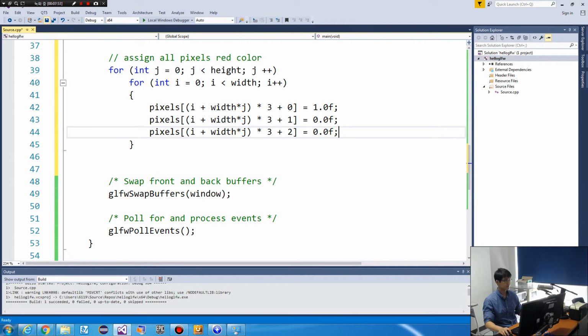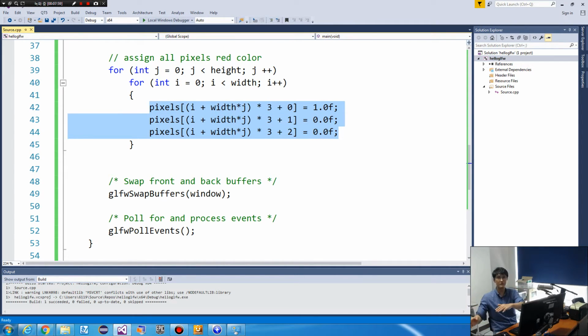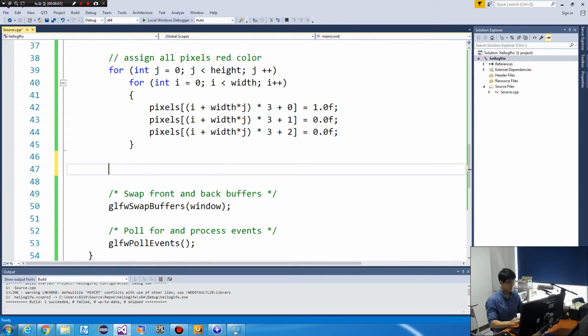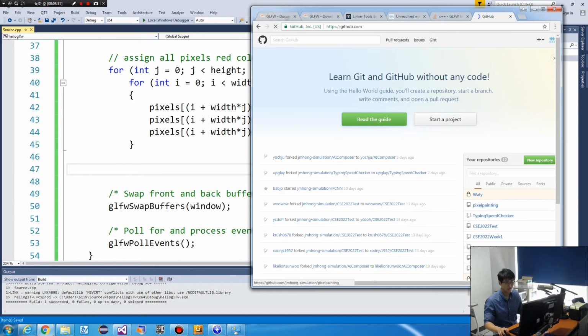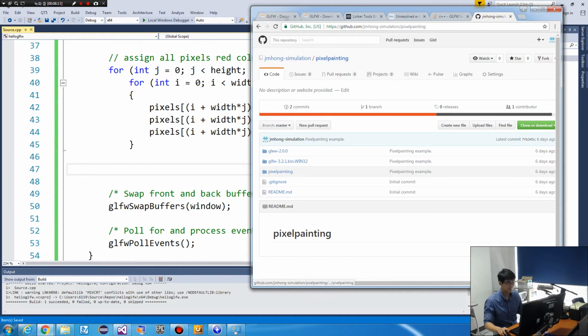Okay. And the next thing you need to do is just copy this one to your Windows display. There is a simple function for it, and actually I have my lecture notes on GitHub, pixel painting.